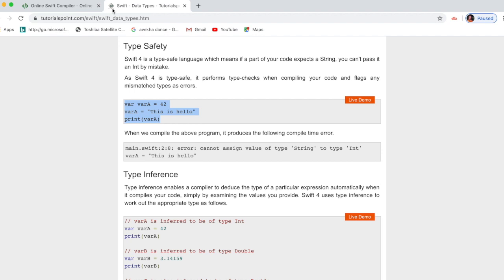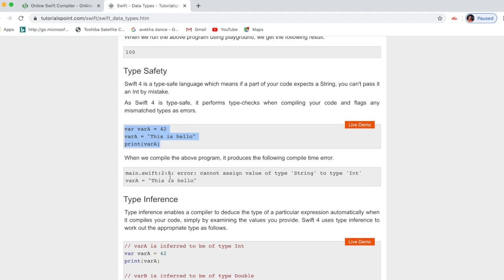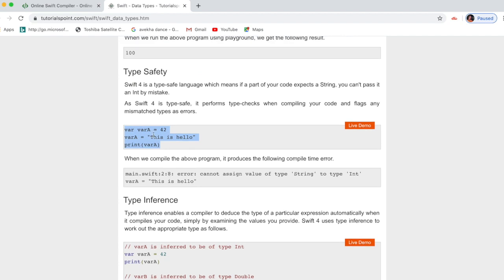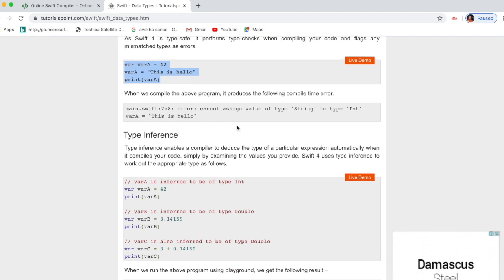This is the main concept of type safety. So actually one of the advantages of Swift is that we always say it is a type safe language, because for this purpose it does not occur as an error. It will show the message also. That is the main advantage of using the Swift language.